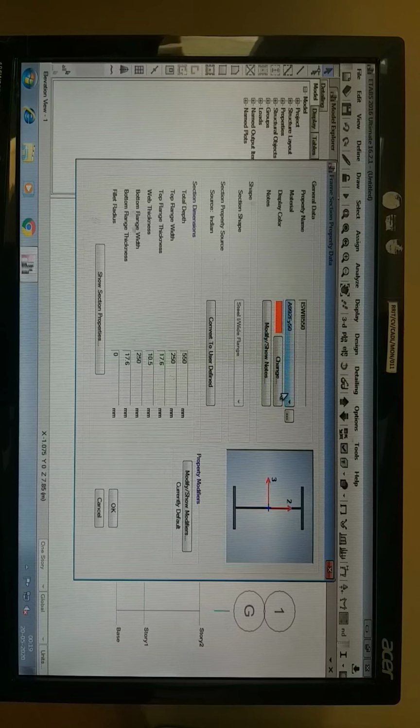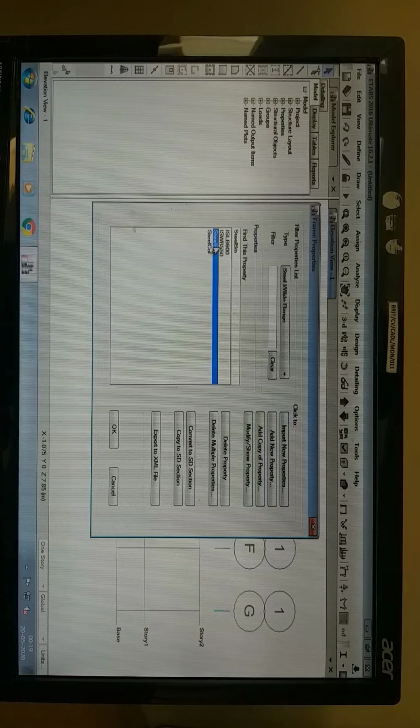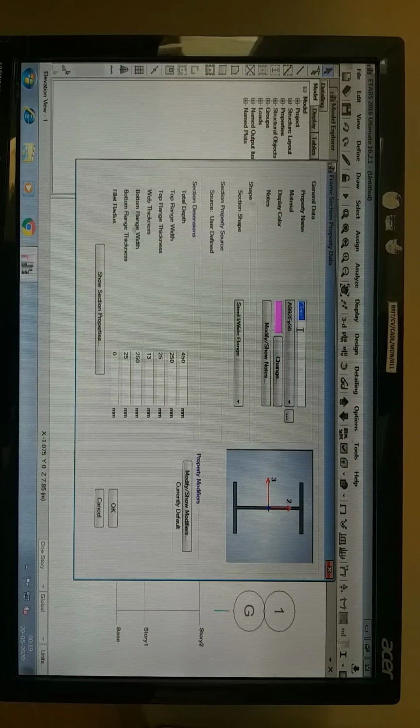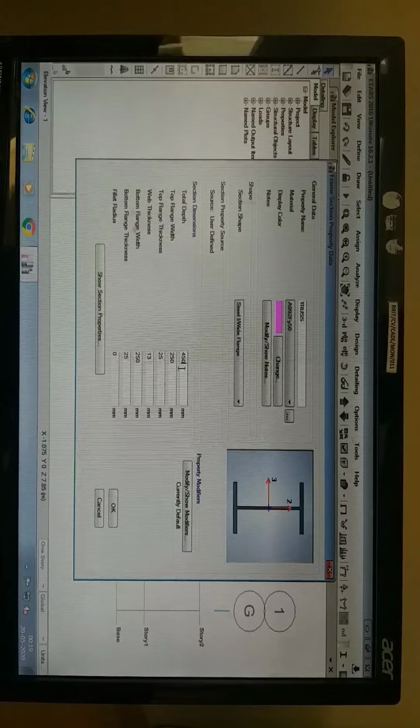Here the material we have selected is Fy50, so it is showing that. Click on OK. You can select any, or you can add a new one like a steel, and you can type any name. You can type truss, and here we can modify the dimensions.